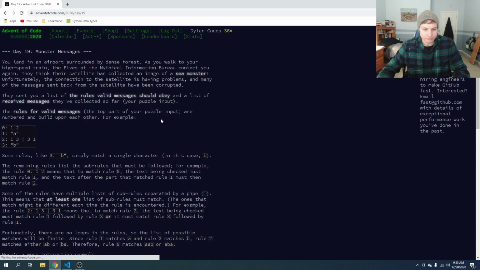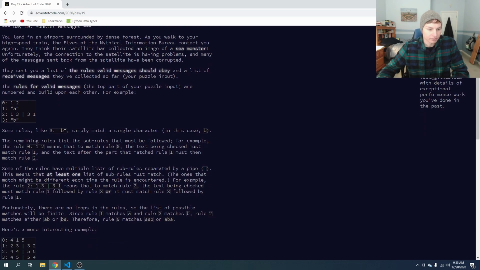So let's see, day 19. We land in an airport around a dense forest, and we've collected an image of a sea monster, but the satellite's having problems and the image is corrupted. So we have the rules of valid messages we should obey and a list of received messages. And so basically the messages here